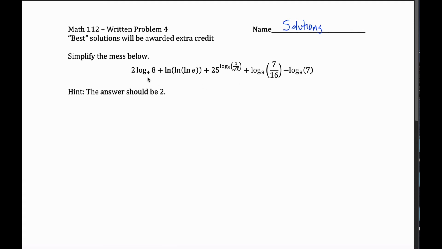So what you might notice is we have the log base 4 of 8 here at the start, and then log base 4 doesn't appear anywhere else in here. So we can just deal with this part all on its own: 2 times the log base 4 of 8. Well, you might be able to figure out the log base 4 of 8 right off the bat and then